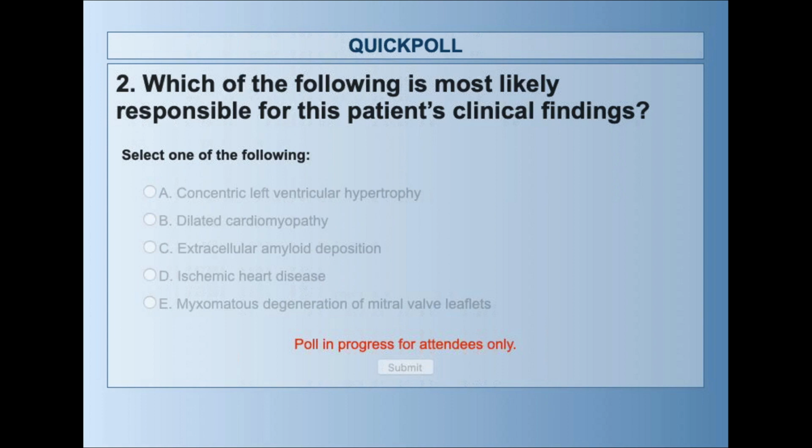At the end of the day, if step 1 is pass-fail, the step 2 score is still going to be a 3-digit score, and that's what's going to be looked at, right? But the best way to do well on step 2 is to do well on step 1. So there really are no shortcuts. If you can get a score and make yourself more competitive by doing well, we recommend that. But remember, just because it's pass-fail doesn't mean you should cut corners, because a lot of that step 1 information is going to be important for you to know and master as you study and try to conquer step 2.